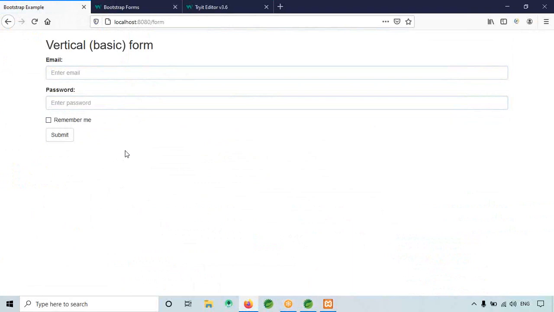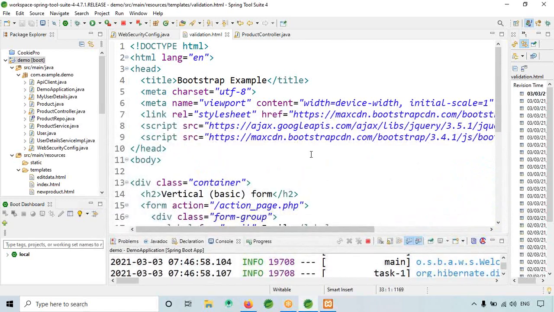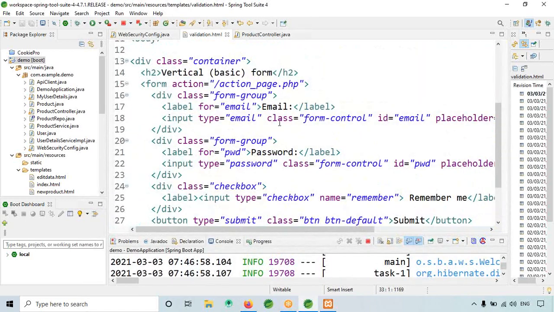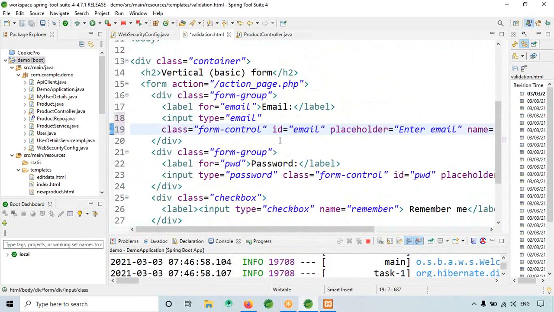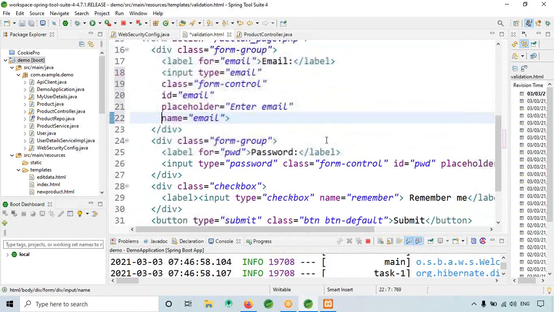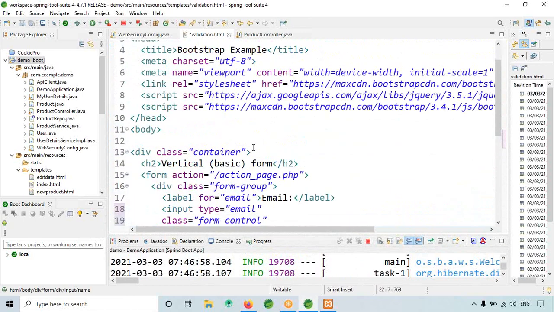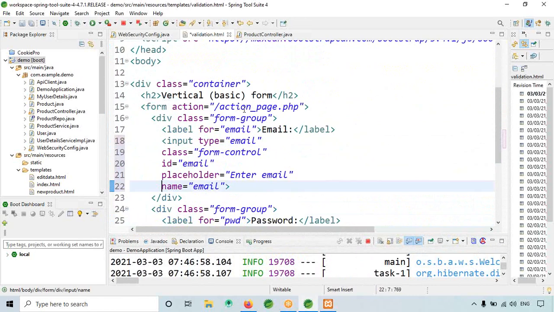Now, okay, so this is email. It's email, right? So here the action is going to action page.php, right?